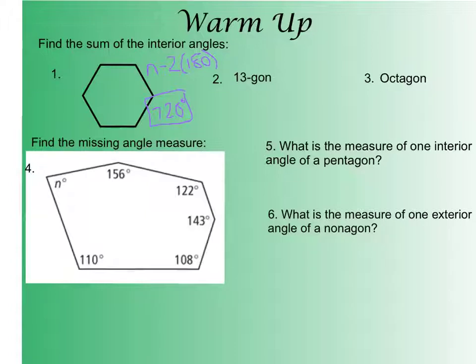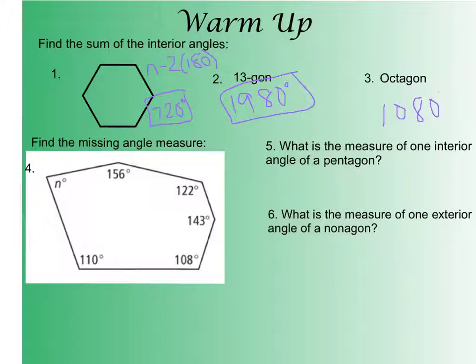Again, for a 13-gon, I'm going to do the same thing, except I'm plugging 13 into n minus 2 times 180. So your answer should be 1,980 degrees. And for an octagon, I'm going to plug in 8 into that formula, and my answer should be